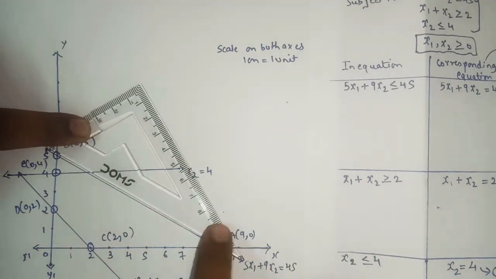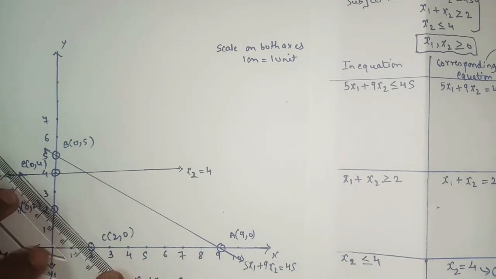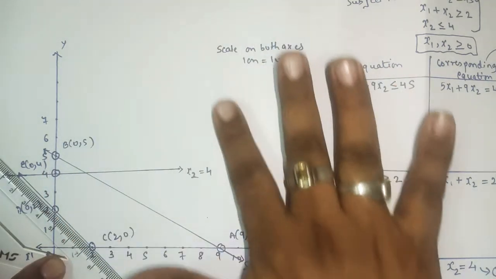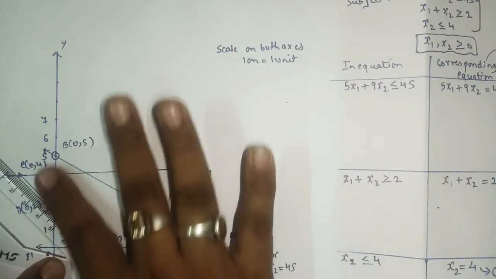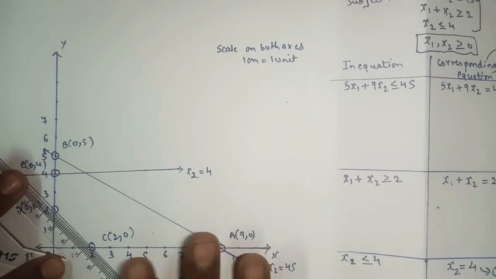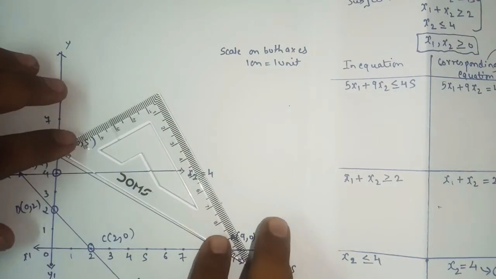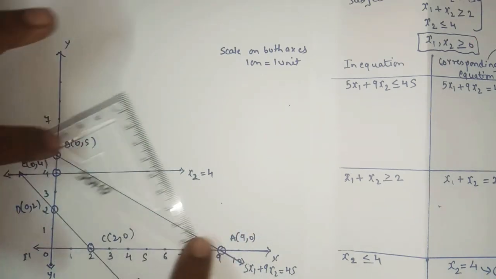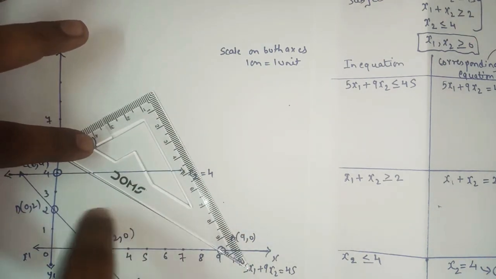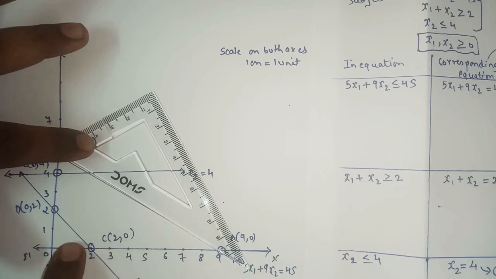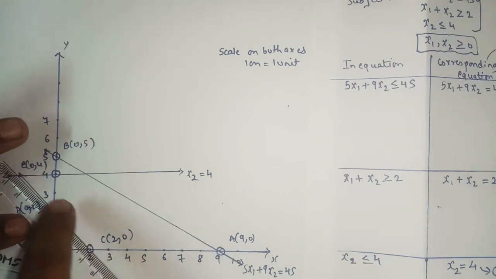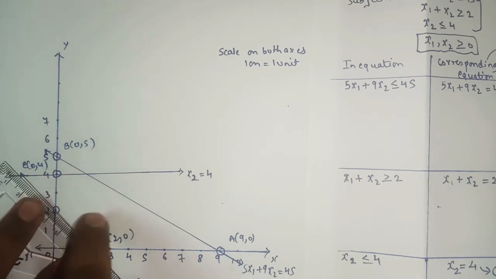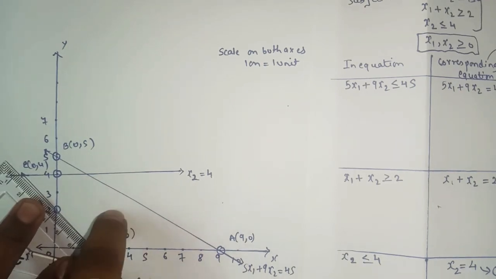Now for the second equation, it says that it is greater than equal to. So the shaded portion will come this side. Yes or no? This section. Clearly we can see that for the first and second linear equation, it is inside this section, and for this region. Till now we are getting what? This part as a common region for these two equations.